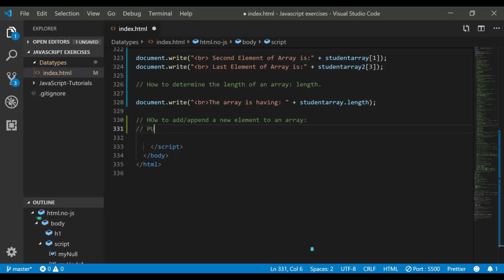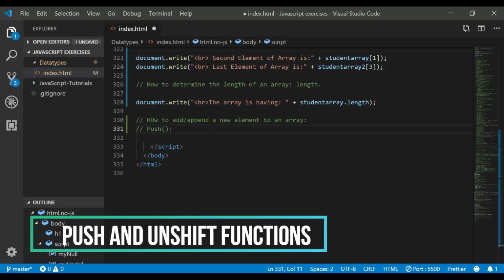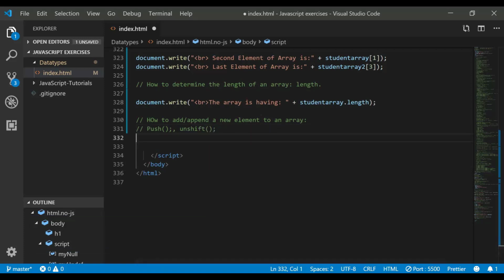One function is push, and another one is unshift. So we can make use of these two functions to add a new element to an array. For example, if we want to add a new element, for example, Iqbal to the student array,